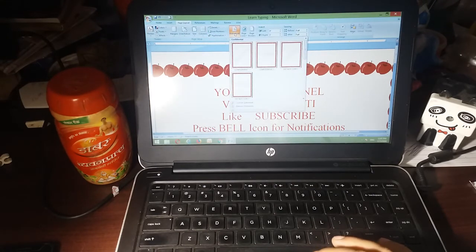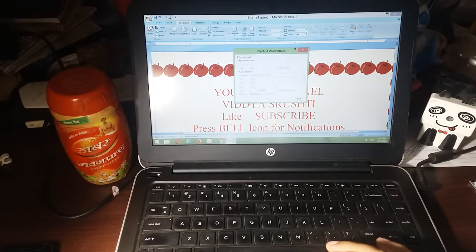Watermark. See here there is another option, custom watermark. When we click on custom watermark, it is giving no watermark, picture watermark, text watermark. Now suppose we click on text watermark. Here the text is ASAP, as soon as possible.